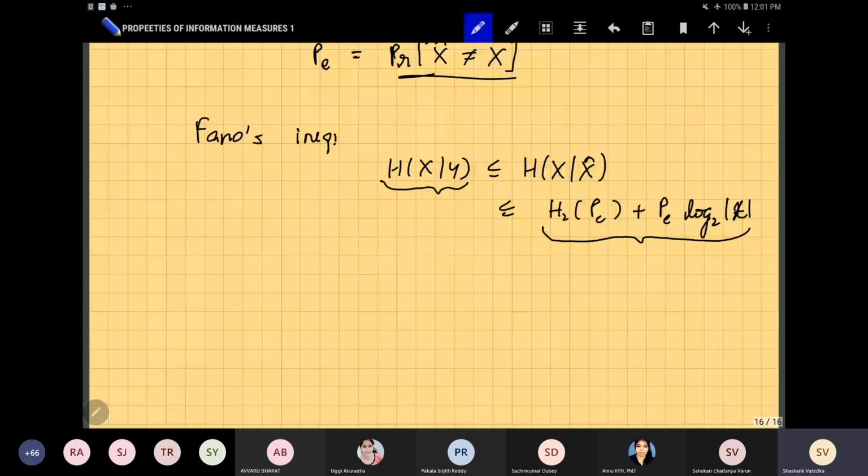I'll maybe record another video to just discuss what the applications of all of these inequalities are. We've seen a bunch of properties of information measures, but we haven't really used them yet. Unfortunately, we don't have enough time to discuss that in the regular classes. But I've already uploaded some notes, so we'll see how these properties of information measures can be used to prove